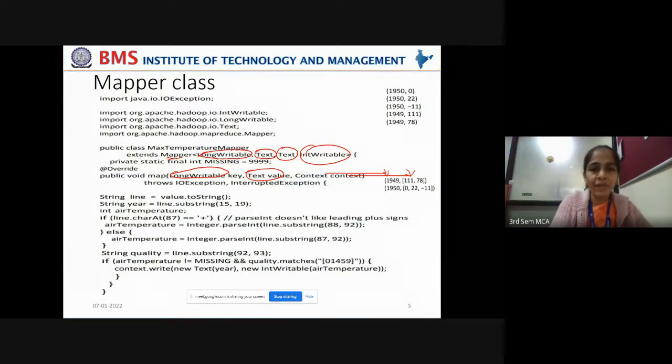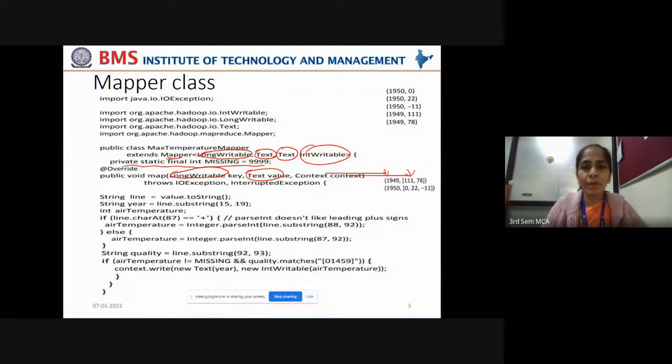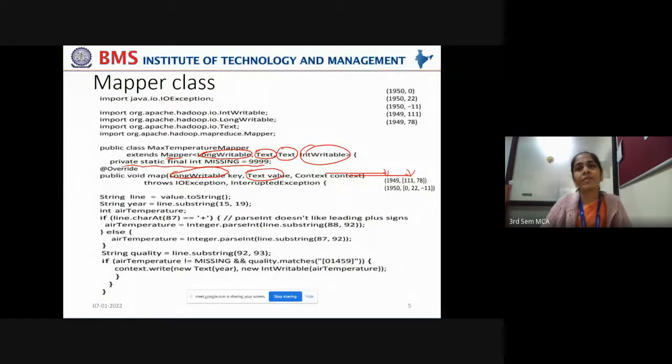Right, now go to the next line. Private static final int MISSING equal to some random number. Why have we taken this? If a meteorological measurement like air temperature, humidity, sky ceiling height or visibility distance is not recorded properly, then the quality code will be 9999.